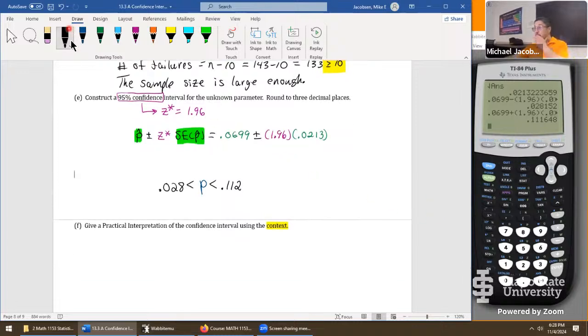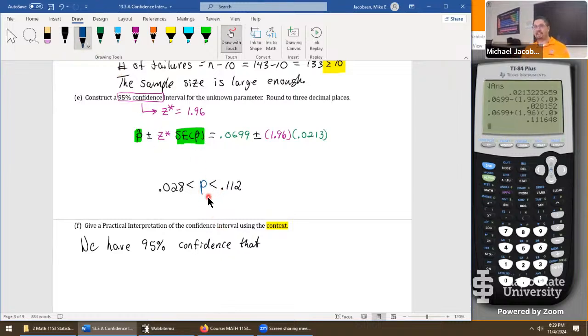So let's start off by making our statements. First thing we have to say is the level of confidence. Let's begin with, we have 95% confidence that, now let's recall what P was. I could scroll up, but I think this one wasn't too bad. P is the true proportion. I think I said population proportion the first time, but those are just stylistic choices. No harm either way. And I did say proportion, didn't I? Well, let's just go with it. It's a proportion now. We have 95% confidence that the true proportion of these ceramic hips